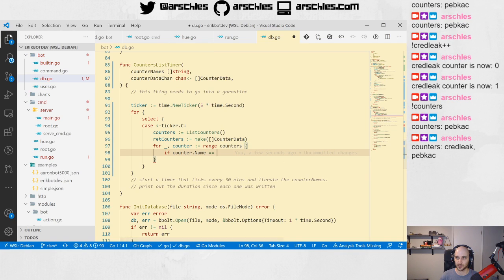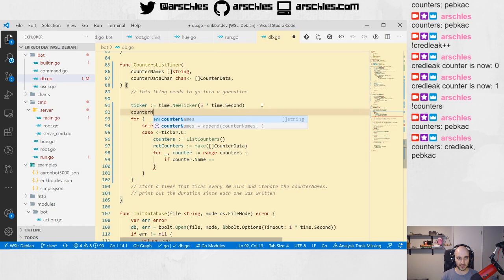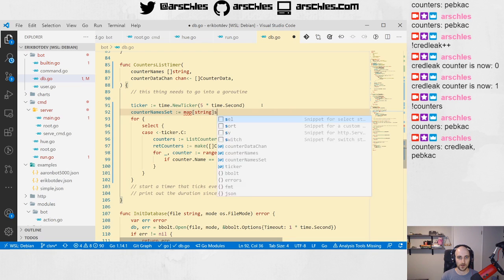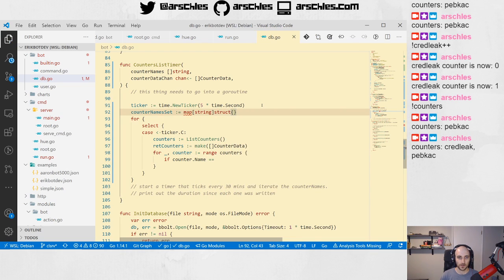Counter.name equals. What is going on with that? We have to match it to counter names. So we have to make a set. So when we do that, we got to make a set so we can quickly look it up. So if,